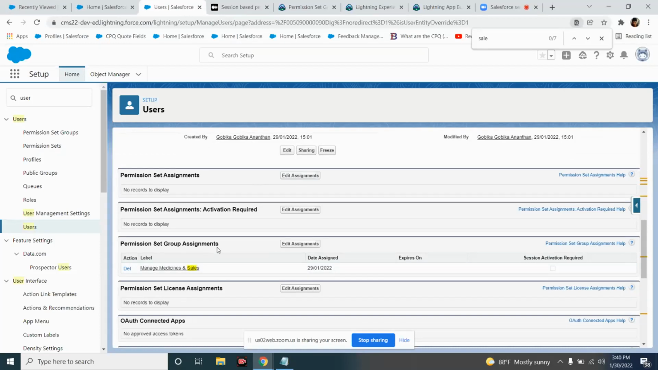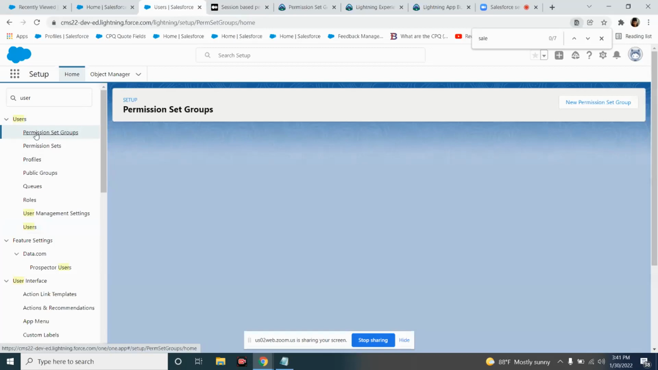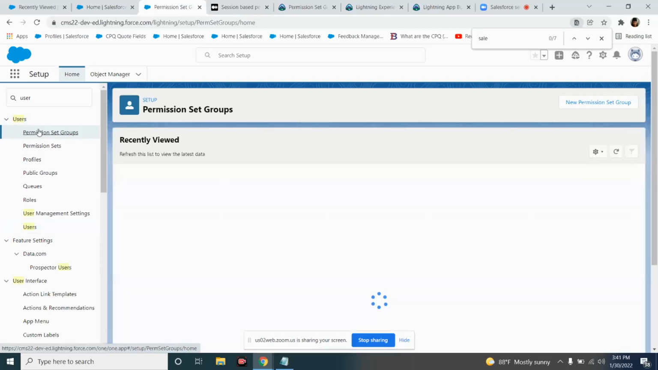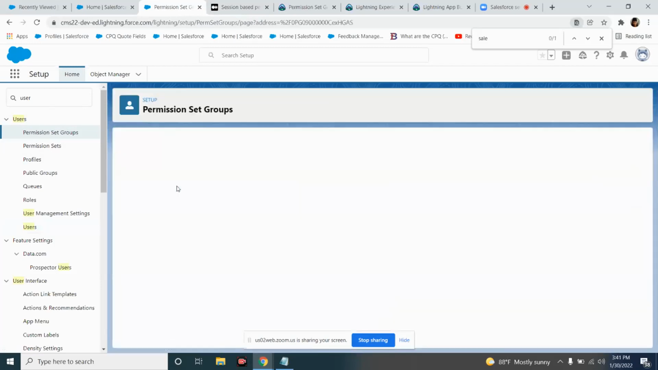Like you can add those two permission sets under one tree. So for that, I created a permission set group to assign both of those permission sets into this group, right? You can see in Setup the type Permission Set Group. Now I created a permission set group called Manage Medicines and Sales, right? So if you open this,